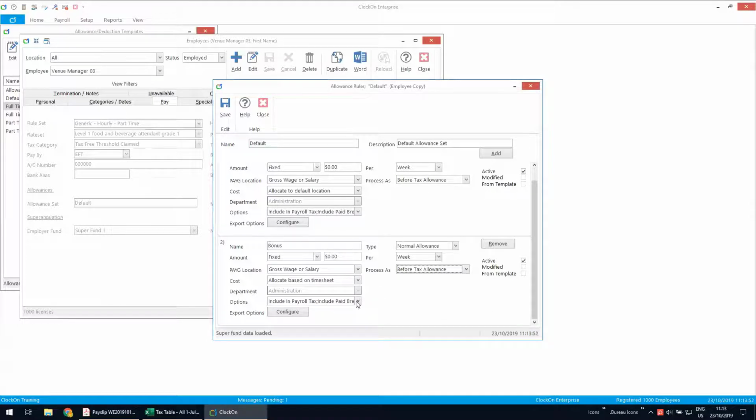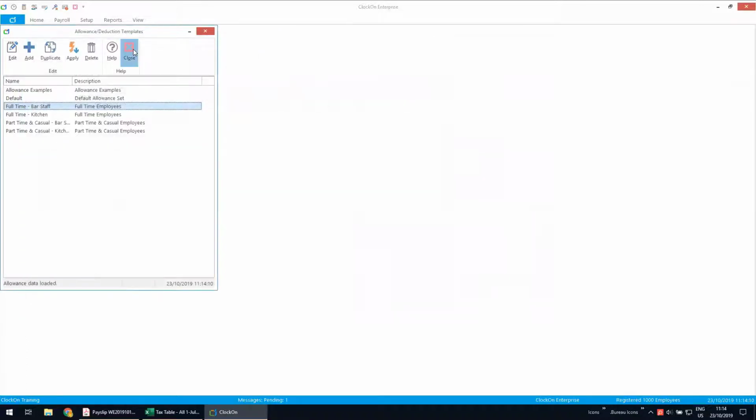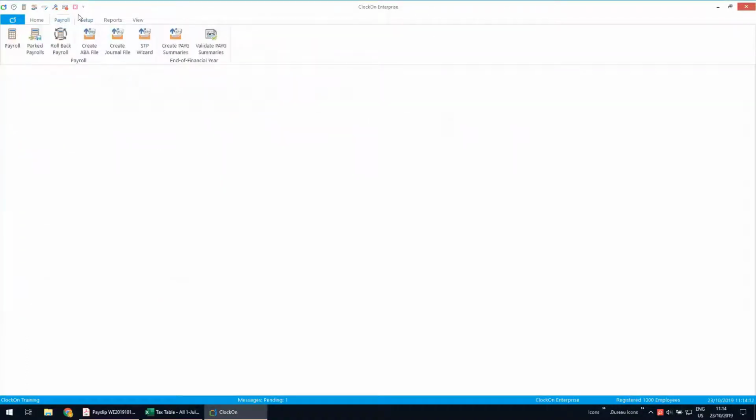But in terms of the bonus here, we'll include that in the super earnings base. And so we'll click save now. We do have a modified tick on this default, so Venue Manager 3 now has those two allowances and deductions assigned to him. And so if we now close out and we jump into Payroll,